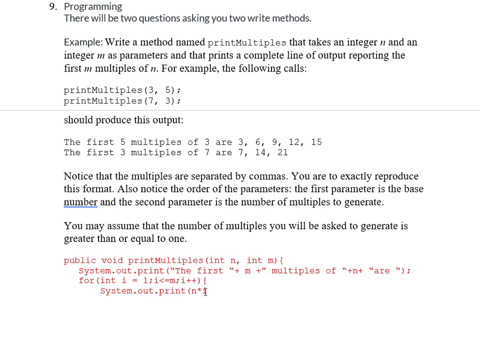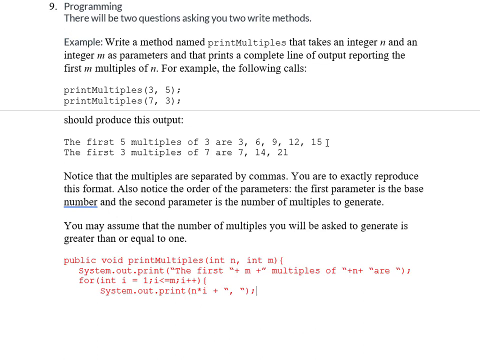Okay, so n times i is going to get me this 3, 6, 9, 12, 15. Do you see that? So you will have to put some thought into coming up with this algorithm, but we're going to print that out, and then we're going to concatenate that with a comma, space, and that will work out perfect actually until the last one,